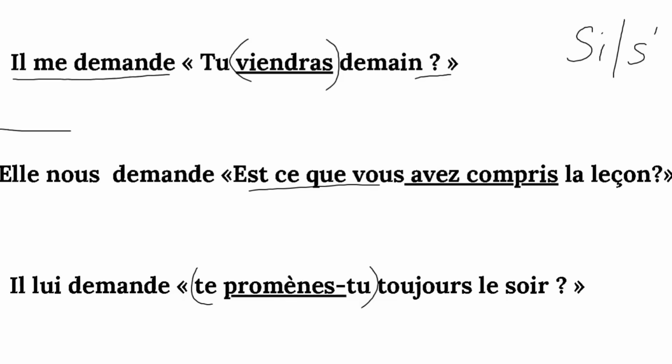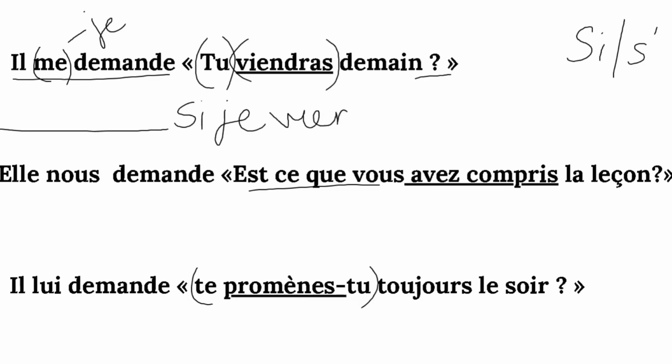So here everything before the dialogue remains the same, no change in this. We will open up our dialogue by using "si". What is my tu here? Who is my tu here? That is the listener, that is me. So "si", and the corresponding pronoun with moi is je. "Si je". The verb is in the future simple, so I will maintain my tense in future. I will remove my question mark and I'll open up my dialogue.